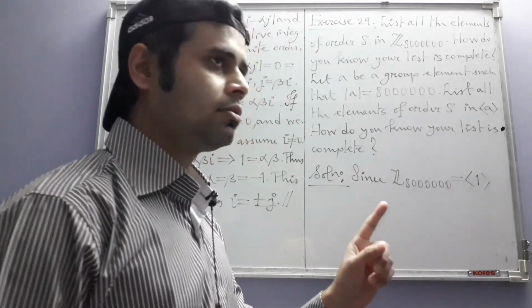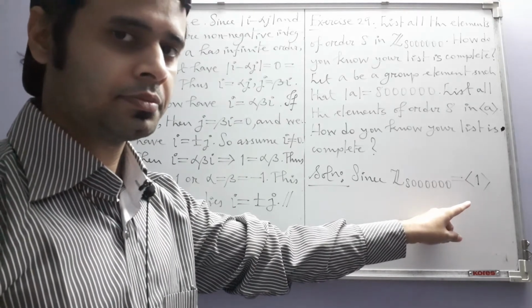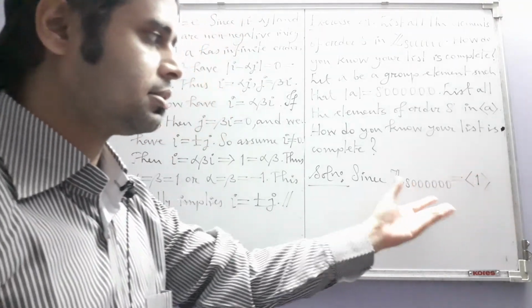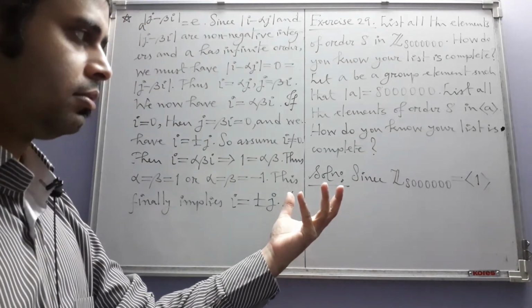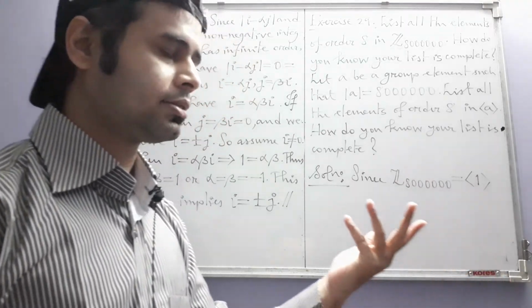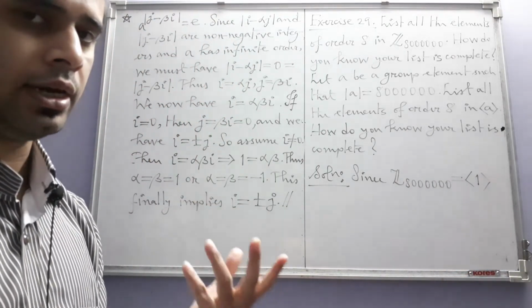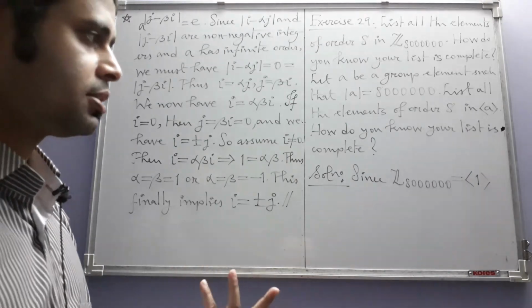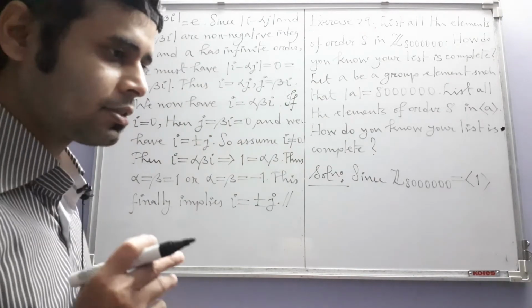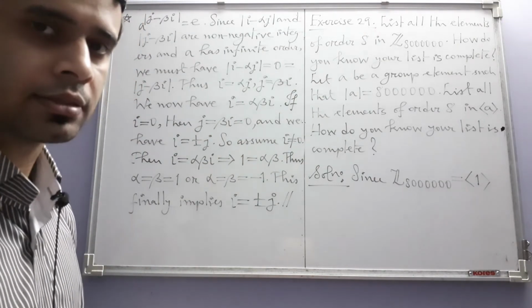So the element 1 has order equal to this. Although in this book the elements of this are being treated as ordinary integers, strictly speaking they are not, they are congruence classes. But still, since we are in a group, it does not really matter what we treat the elements as, because